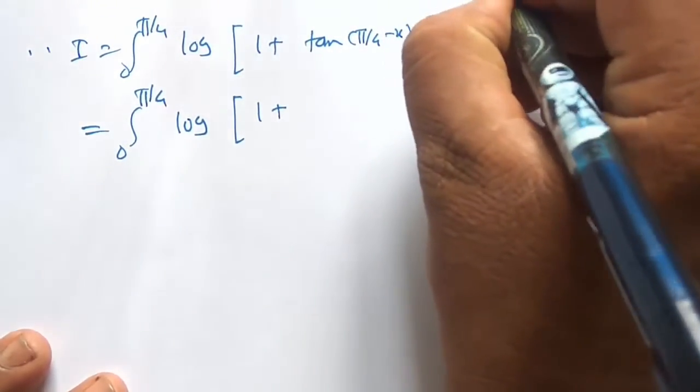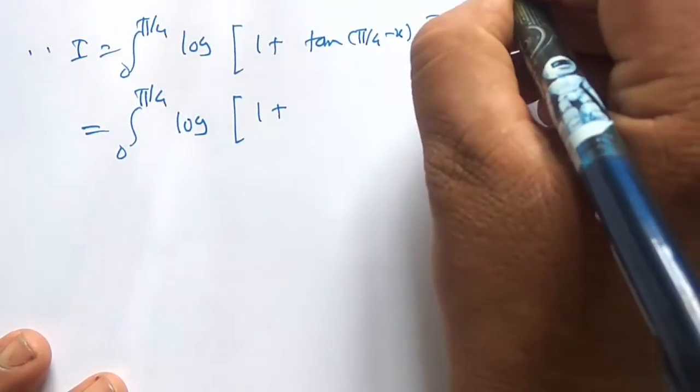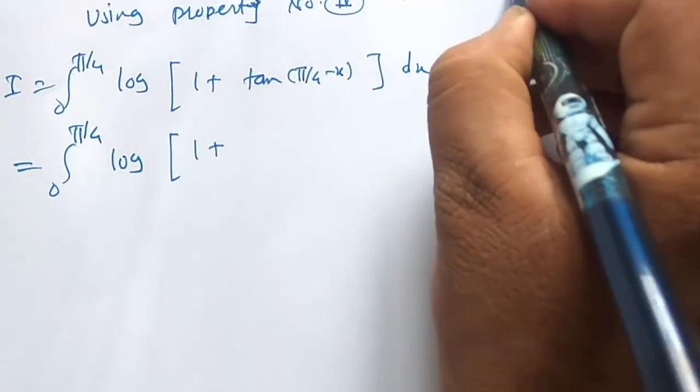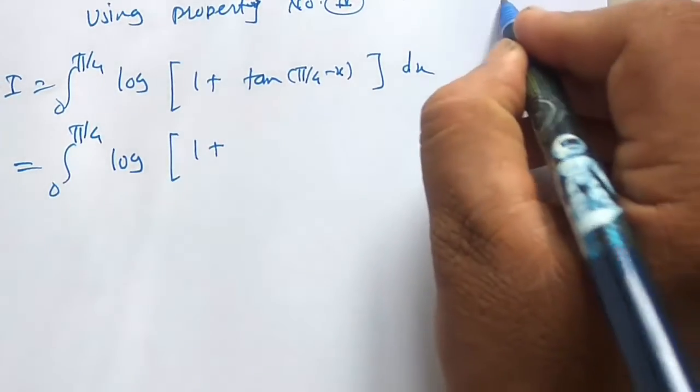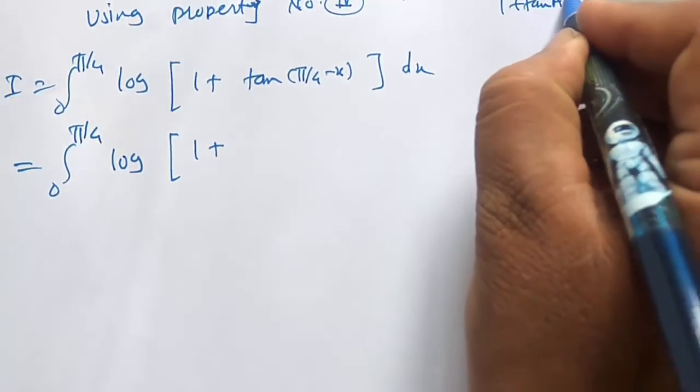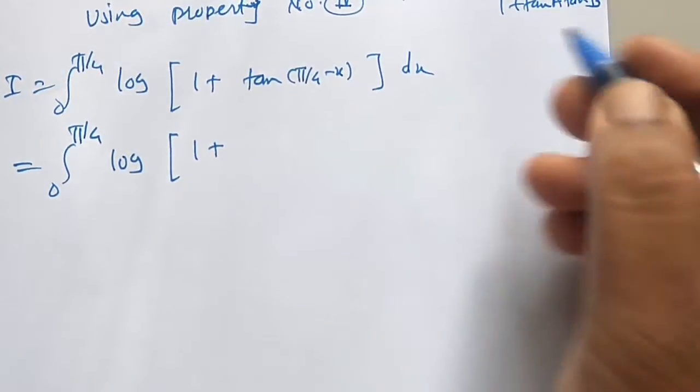We know that tan of a minus b is equal to tan a minus tan b upon 1 plus tan a into tan b. Using this,